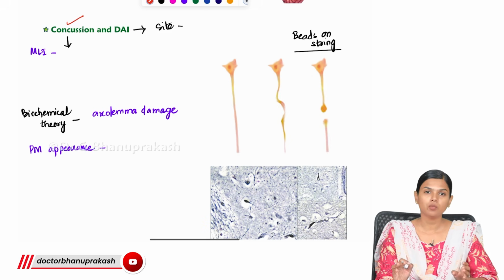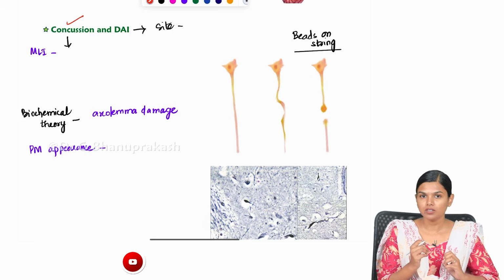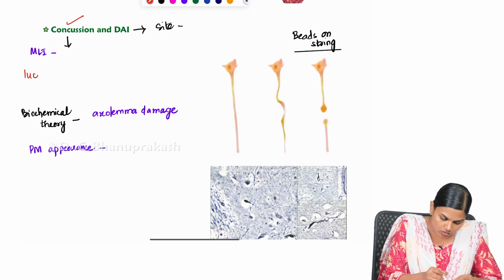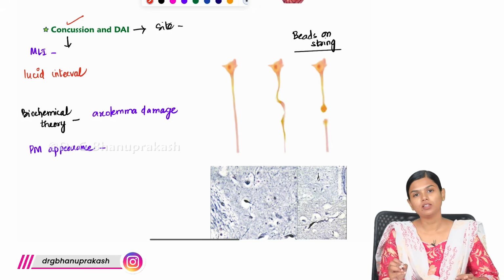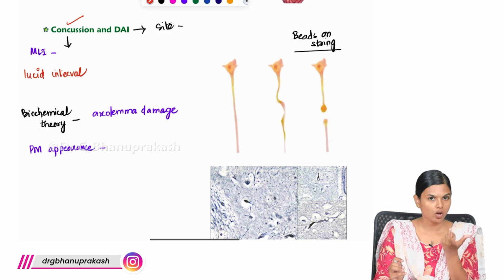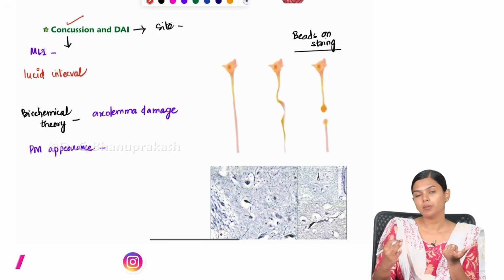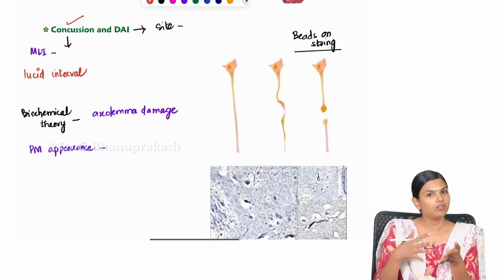If you let them go before monitoring them for 24 hours, what can happen is that they may be in this lucid interval period. And you may miss the patient, like they may be normal. Before that they might have had some unconsciousness, now they may be normal and again they may worsen. So in that lucid interval, you might have seen the patient and you might have let them go.